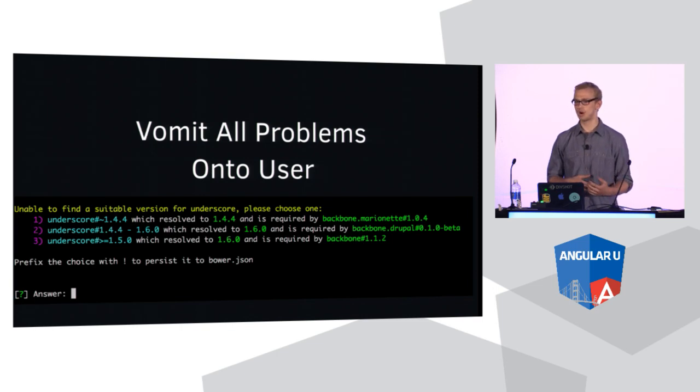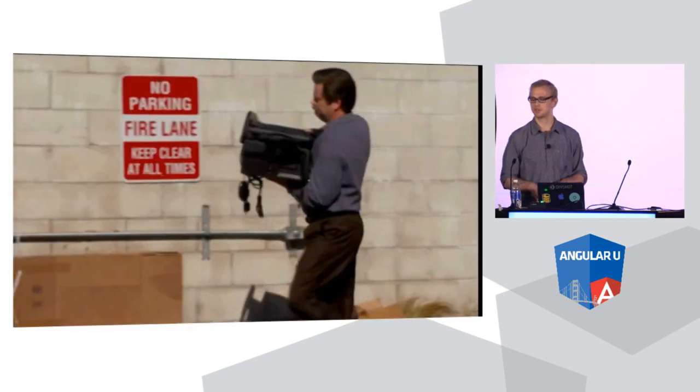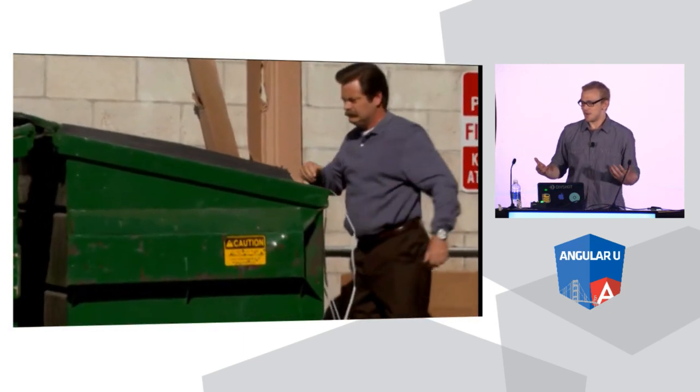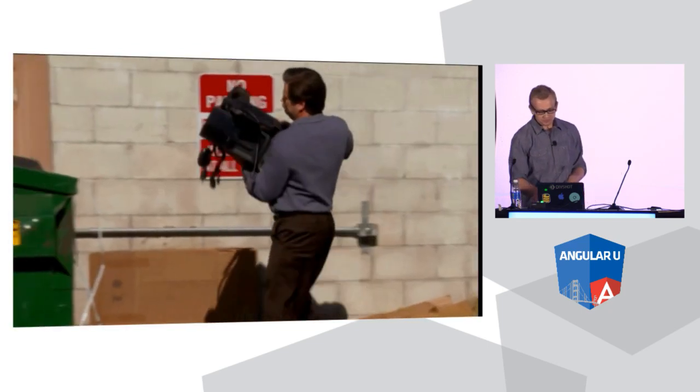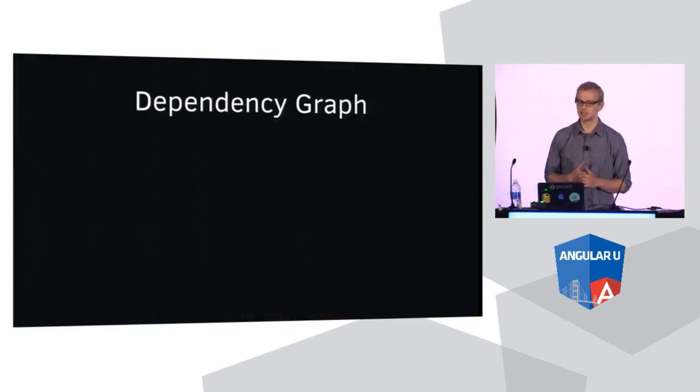So this is an issue where Bower is kind of giving us a problem with no clear answer and making us think that we can solve it. And so for one, that's a pretty terrible user experience, we don't know what to do about that. But for 2, it violates a core concept that we're going to be talking about today, and that's that we build our applications around a dependency graph.